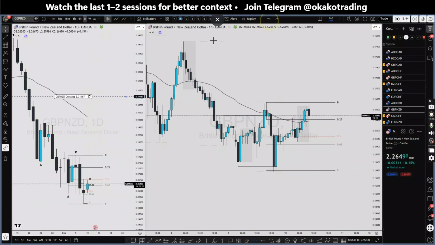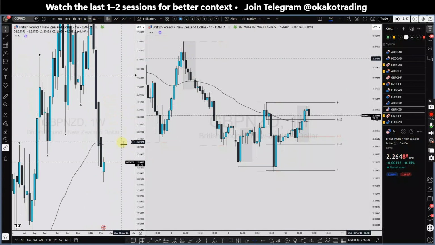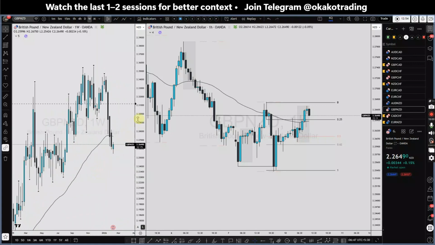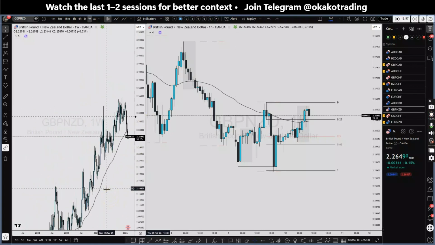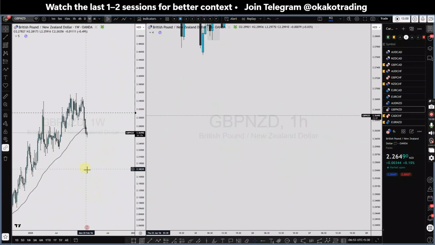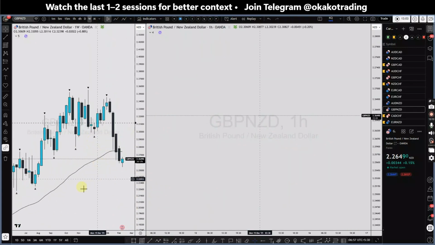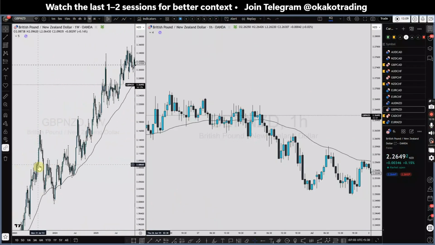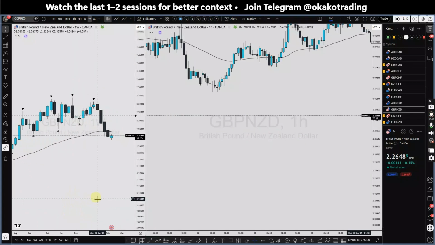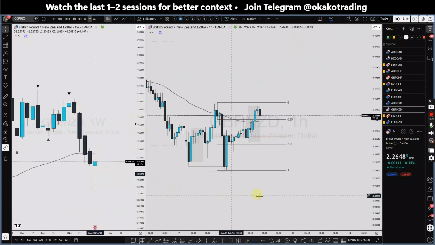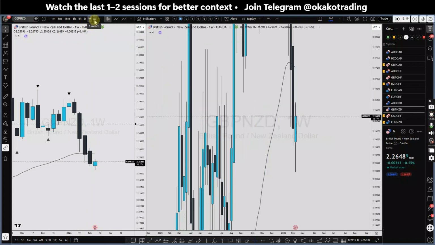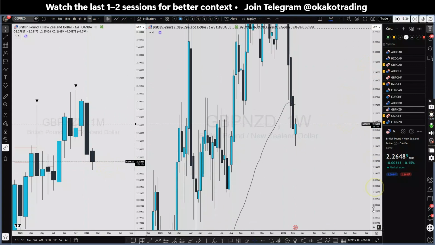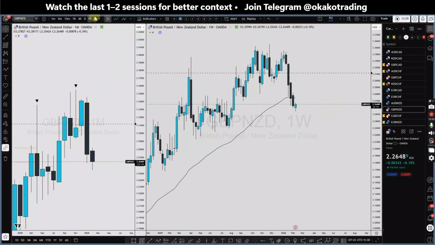Let's see what's the weekly bias in this one. The weekly bias was bearish, and the previous weekly low is cleared, and we're just currently below 50 EMA in weekly time frame. Come on, that's a really important level because look at this. We're actually trading above 50 MA from last 3 years. So GBP NZD is pretty much bearish. In monthly time frame, the previous monthly lows cleared. So it's possible that we're gonna see some decent correction upside in GBP NZD.